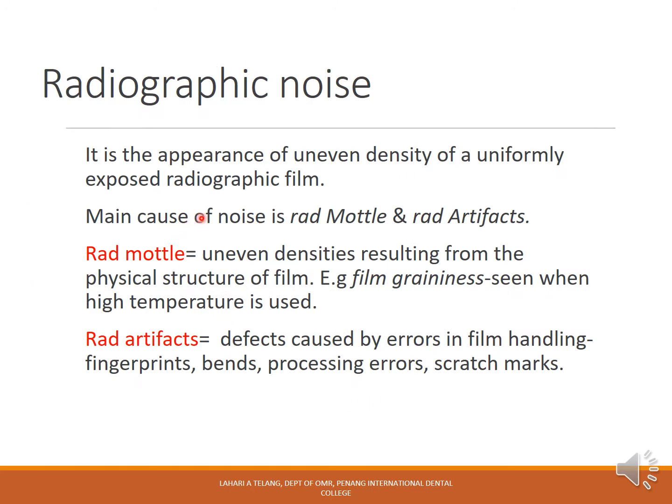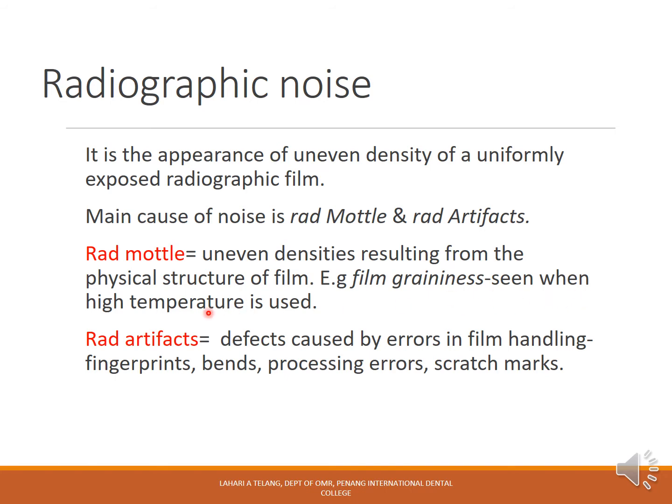Moving on to radiographic noise, it is the appearance of uneven densities of a uniformly exposed radiographic film. The main cause of noise is radiographic mottle and radiographic artifacts. Mottle is a term used for uneven densities resulting from physical structure of the film itself. Example: film